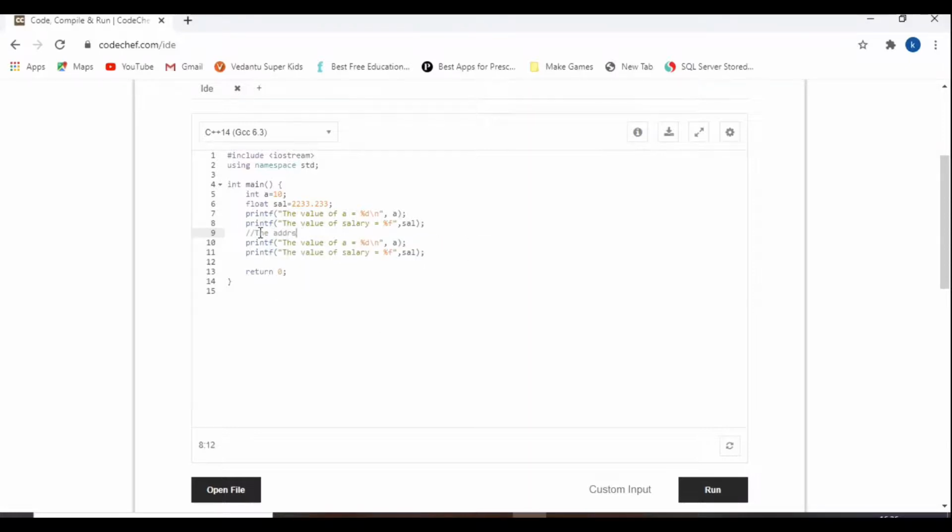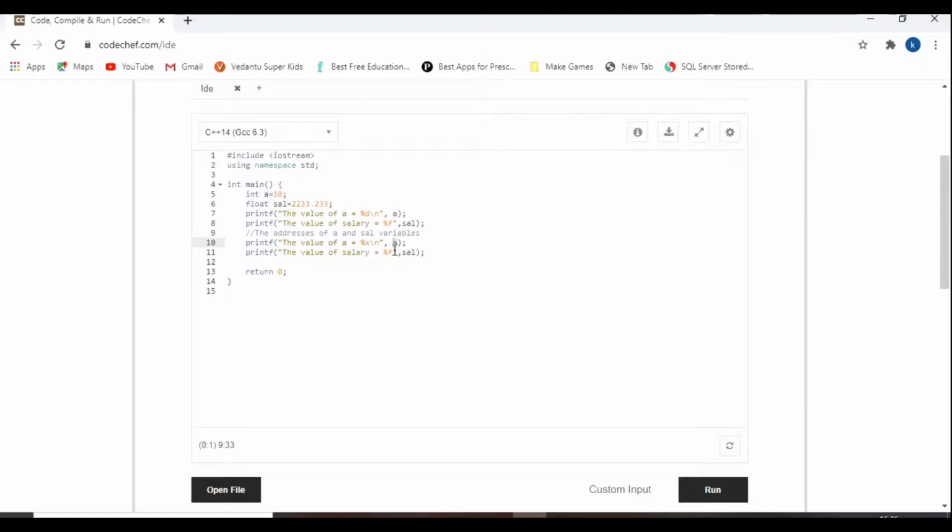The addresses of the a and sal variables. To display the decimal value you give percentage d, to display the float or real value you use percentage f, and to display the address of a variable you have to say percentage x.